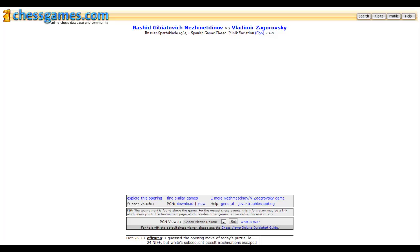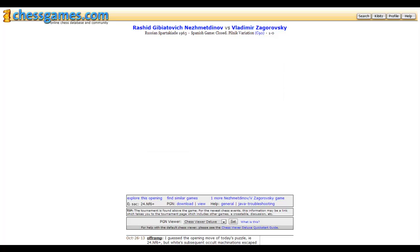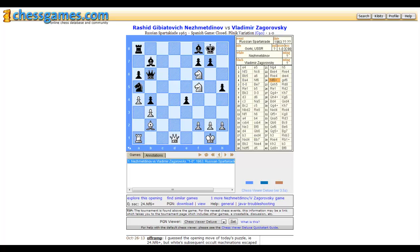And here's the puzzle of the day. So we have these two guys playing against each other. Yes, I accept the risk of chess.com. I want to remind everybody that you want to update your Java to the latest version if you want to use chessgames.com. So here is the position, and as I'd kind of thought, knight to f6 is the move that